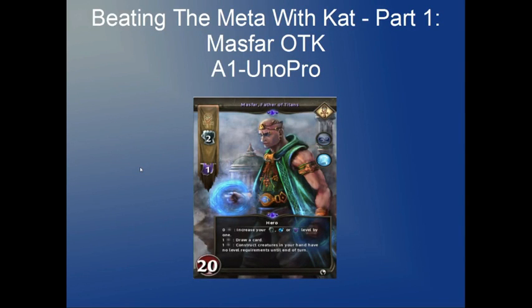Today I'm going to be starting a new series called Be in the Meta with Cat. Basically I'm going to go through each deck in the meta and explain how I'll approach each matchup playing Cat, but also breaking down how each deck works and the key cards for it. So even though I'm going from the perspective of a Cat player, a lot of these will be general principles that will apply to each deck, and everyone can hopefully take a bit of understanding of the deck or how to beat it. So today I'm starting off with Masfar, Father of Titans, who is primarily played as an OTK